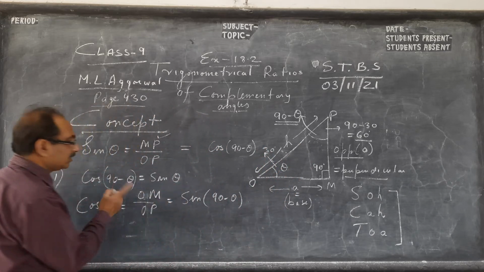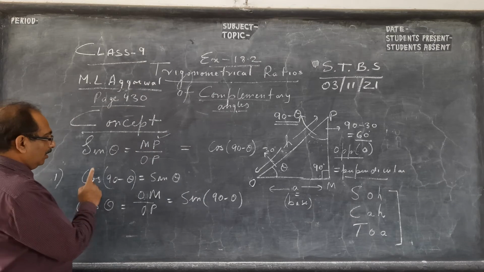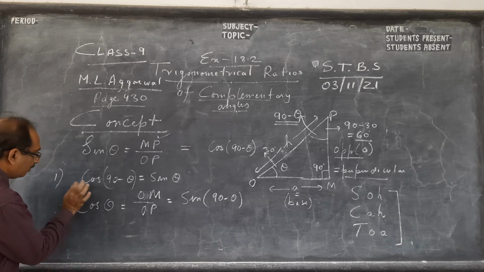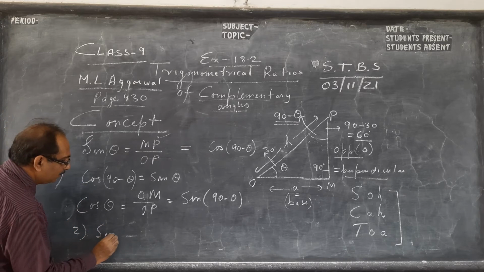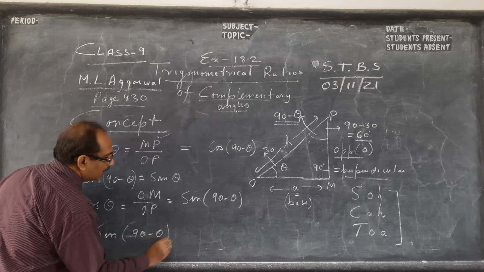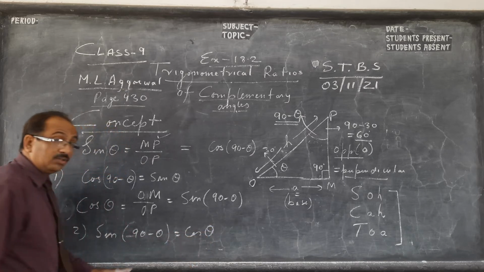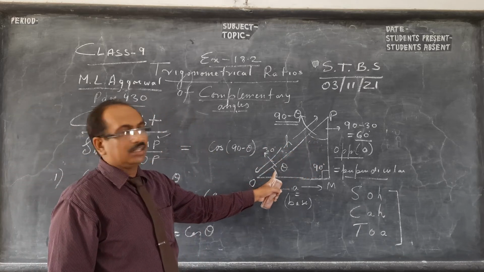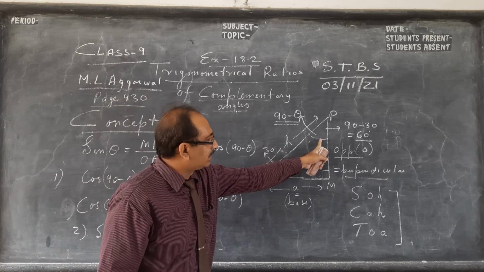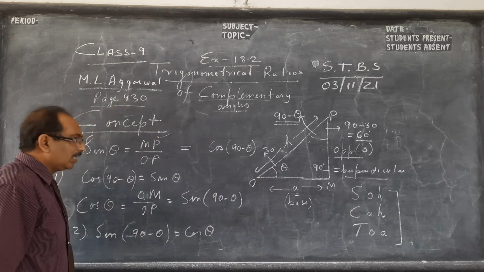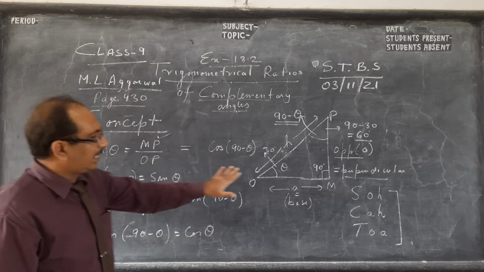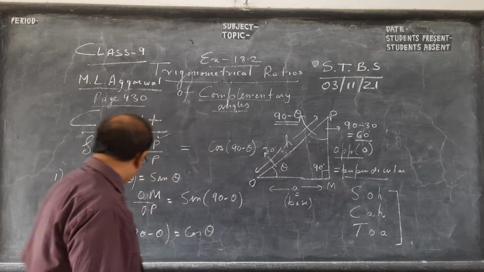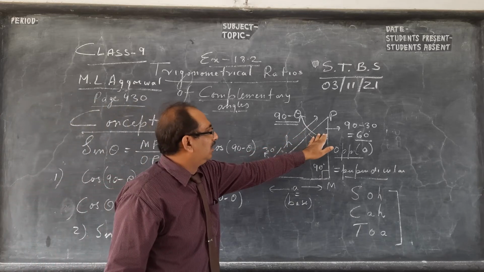So we get two relationships over here. Sin 90 minus theta is cos theta. So we can write number 2 here: sin 90 minus theta is cos theta. This is there in class 10 also. Lot of application in 11 and 12. So sine of this angle is cos of this angle, and cos of this angle is sine of this angle. Let me show you with one example once more. Sin theta, sine of this is cos of this. 90 minus theta is a value, just I'll show. And next one, sine of this is cos of this.